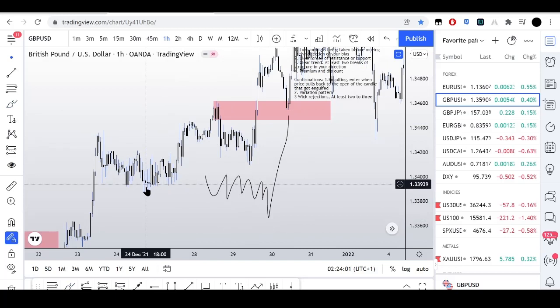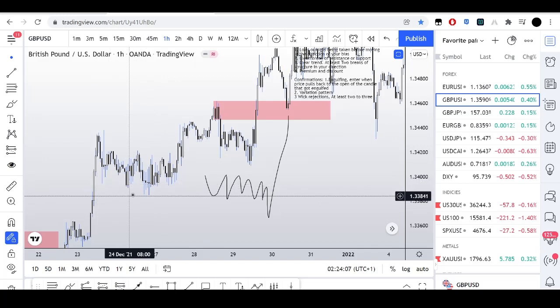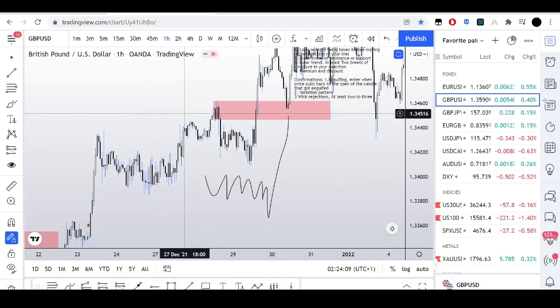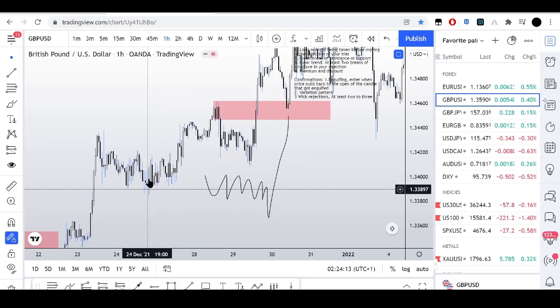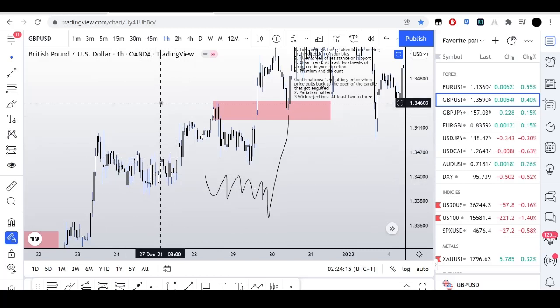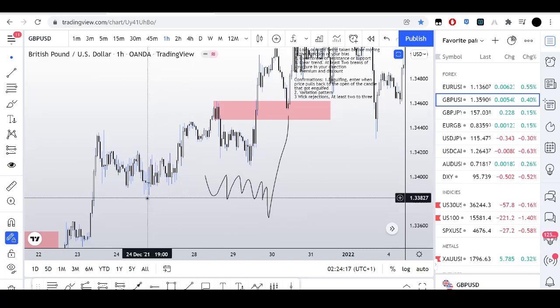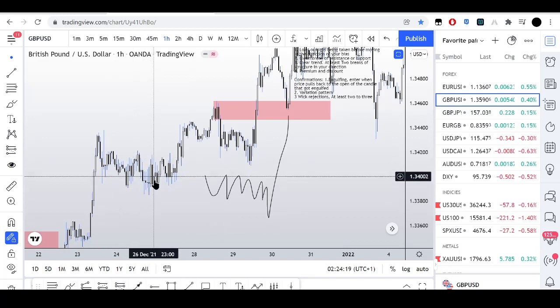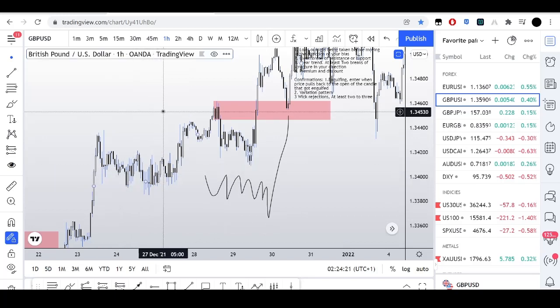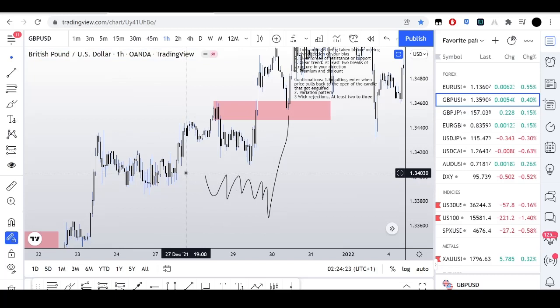Okay, this right here you really don't want to see like that. Okay, even though this low took out these lows right here and then it moved up, you don't want to see it build up like this afterwards. After it runs down and then moves up, you want to see a clean break. Okay, now if it did run down and take this out and then it pulled back a little bit and then ran up, that's still fine, but you don't want to see a build up like this because you know